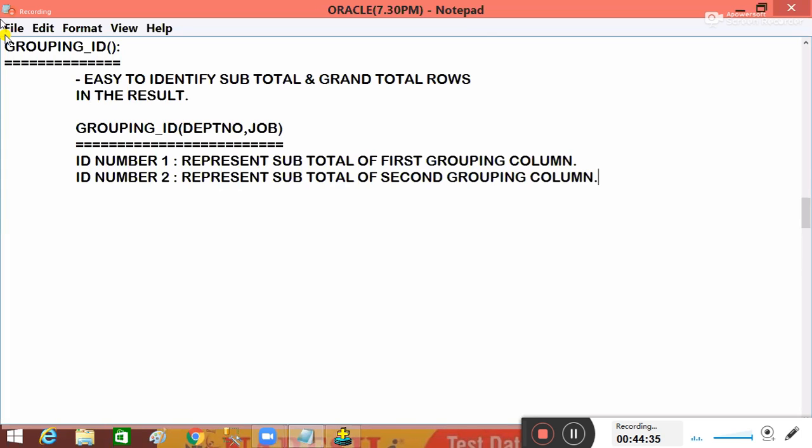Here 1 and 2 were generated because along with my GROUPING_ID function, I'm passing 2 columns. That's why ID number 1 is identifying the first grouping column subtotals, and the second number is identifying the second grouping column subtotals. So two columns, two ID numbers are generated. When the two columns are over, completed now,